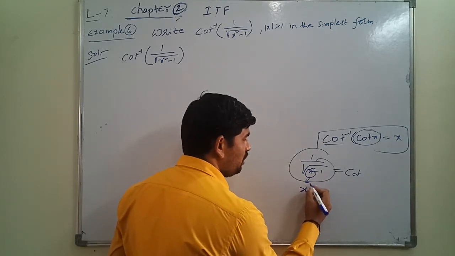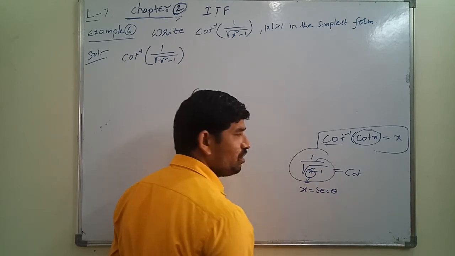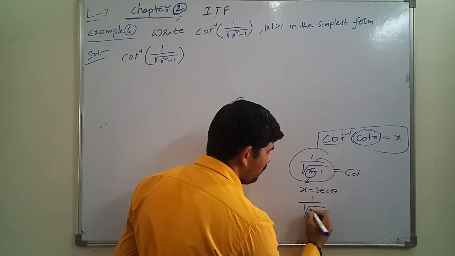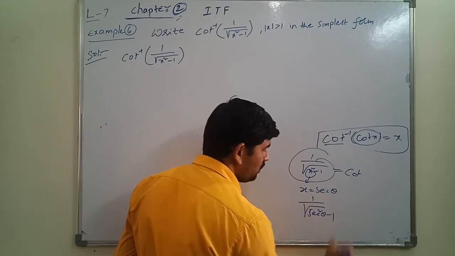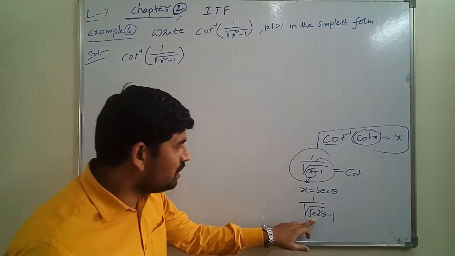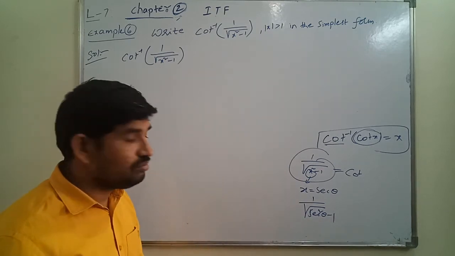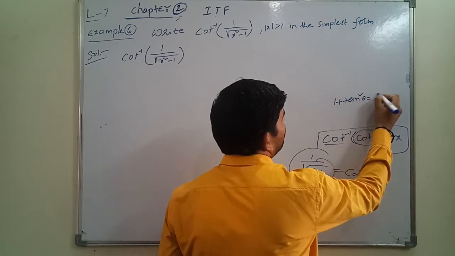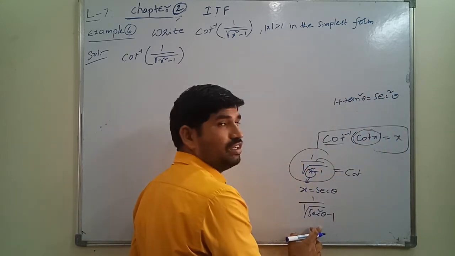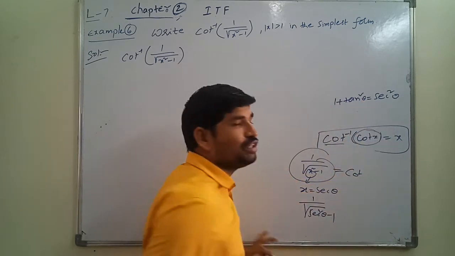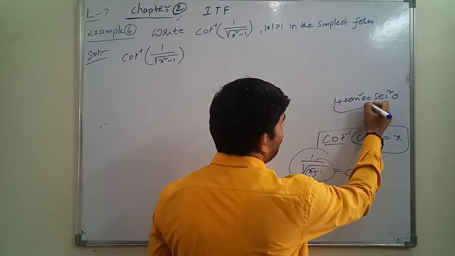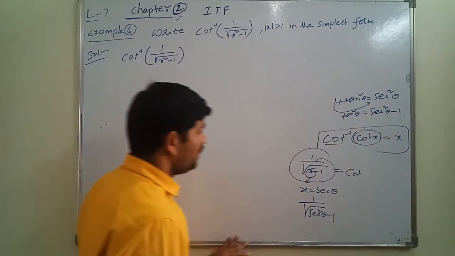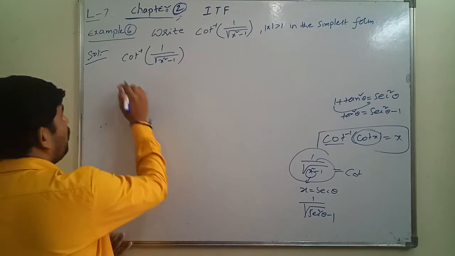Suppose in place of x I am writing secant theta. Why are you writing secant theta here? I will recall the trigonometric formulas for you. Secant square minus 1 is what? Do you know the formula 1 plus tan square theta is equal to what? 1 plus tan square is equal to secant square. By setting this one on the right hand side, we get tan square theta is equal to secant square theta minus 1. So that's why I am going to put this total part here.